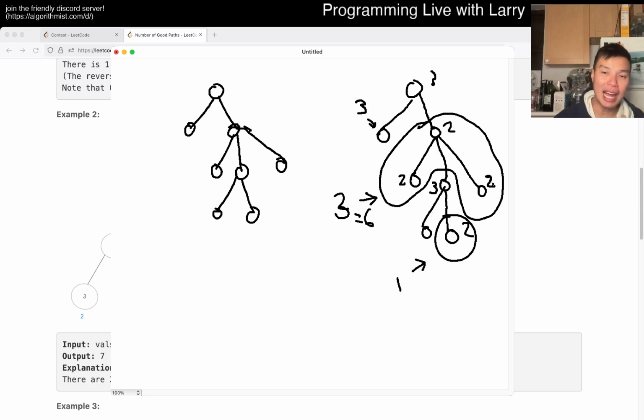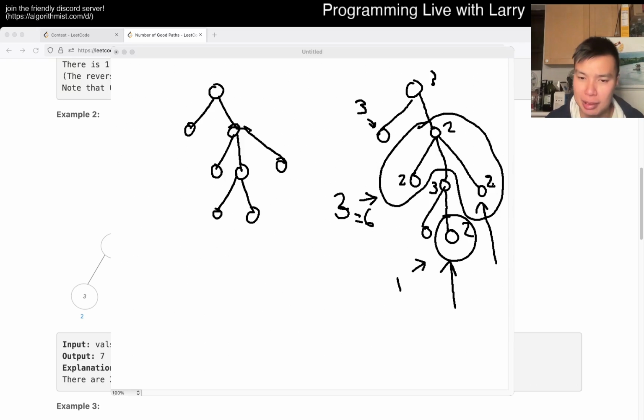But keeping in mind that now, even though the graph is more connected, the fact that this 2 and this 2 are connected doesn't matter anymore, because that means that now the invariant is no longer true. If they're connected, they could be connected with a higher value, which is why that is not possible. So yeah,